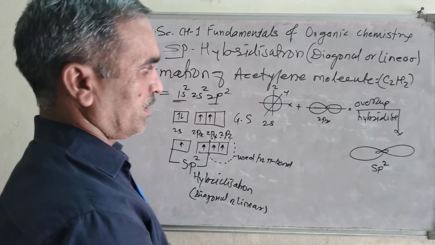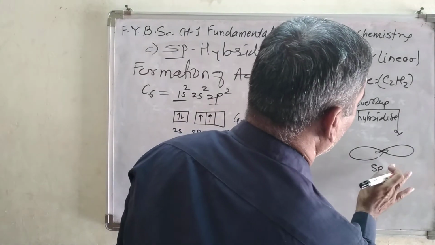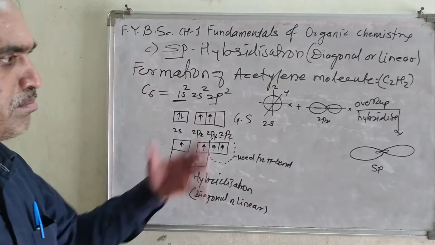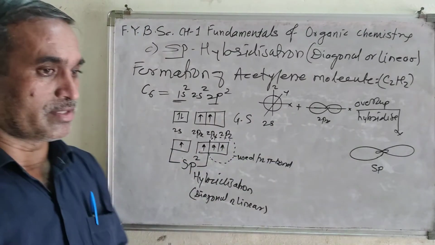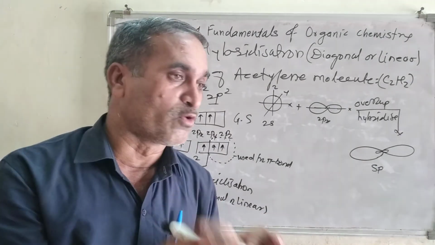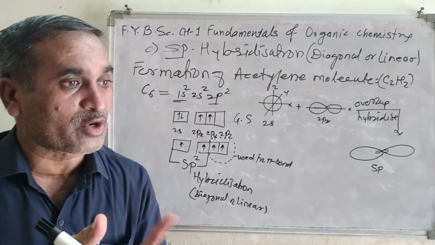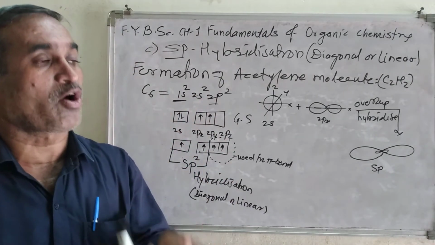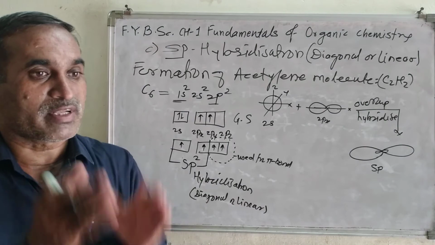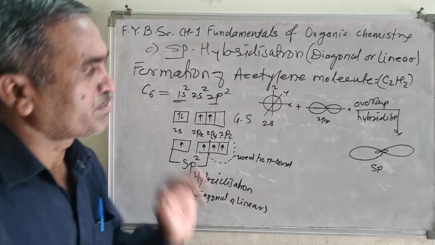So this is sp hybridization, not sp2. It has a dumbbell shape, and these hybrid orbitals are very useful. Why are they useful? Because they overlap more effectively with atomic orbitals as well as hybrid orbitals themselves, since they have maximum symmetry and possess a definite direction, meaning orientation in space.